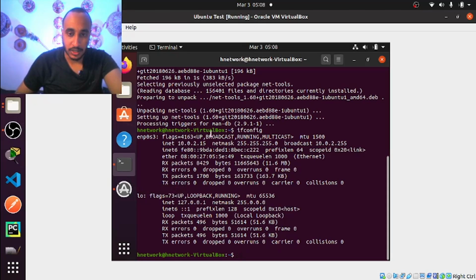And we can actually see here, we do have an interface, an IP address of 10.0.2.15, the /24 subnet mask. The broadcast IP uses the last octet of 255. And